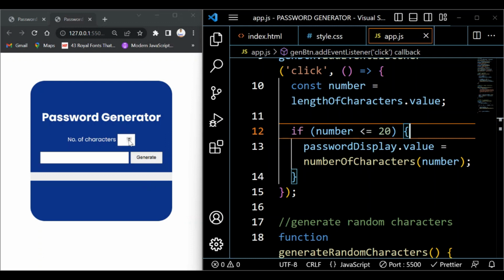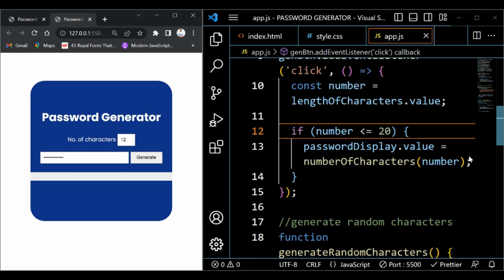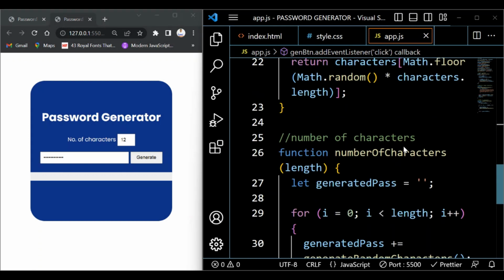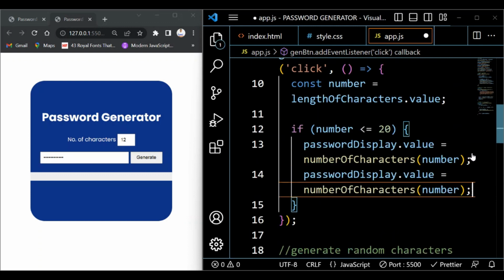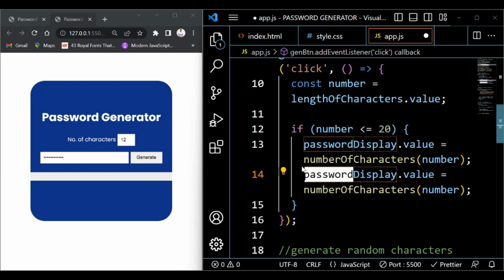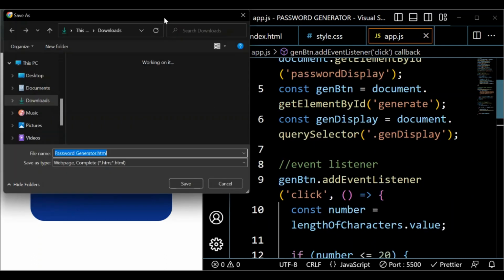So I'm going to come over here, put in some number and click generate, and you see we get it here. And the reason why I said it is because this is a password input. So we're going to take this gen display too. So I'm just going to copy this, and I'm going to say gen display and save. So if I should come over here and click and save gen display dot value,